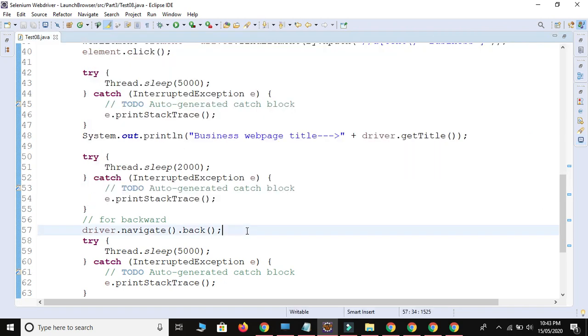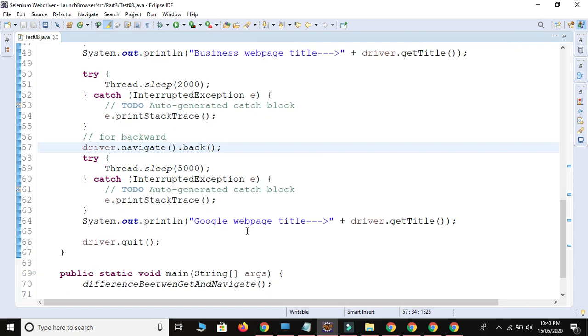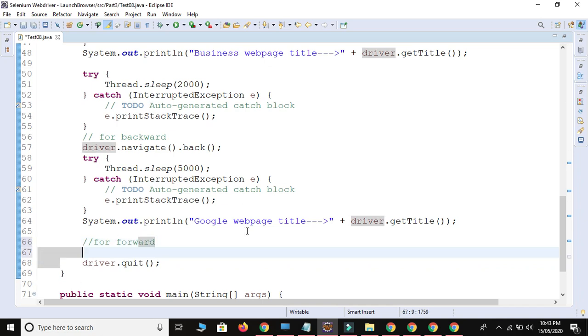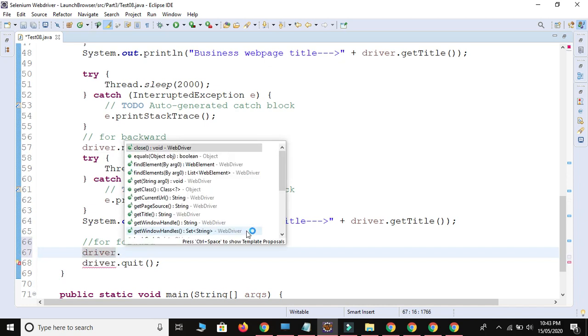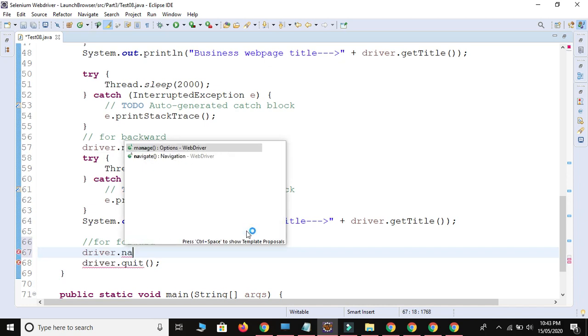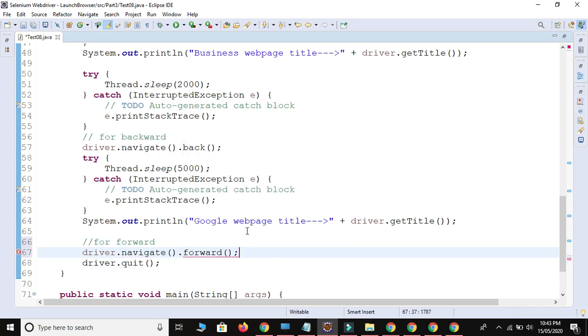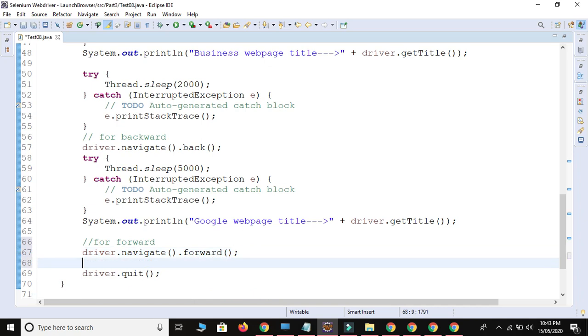Okay. So let me use one more method. So this time we use forward. So we use driver dot navigate dot forward method. Okay, and then again we take the title, same title but better to take.